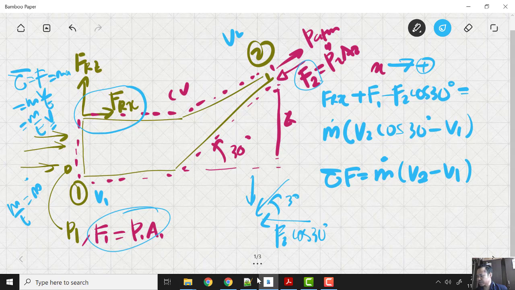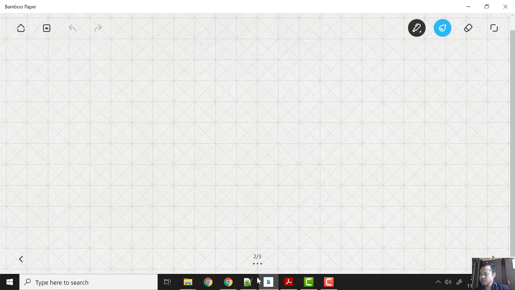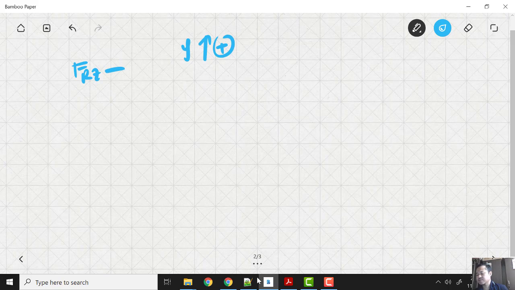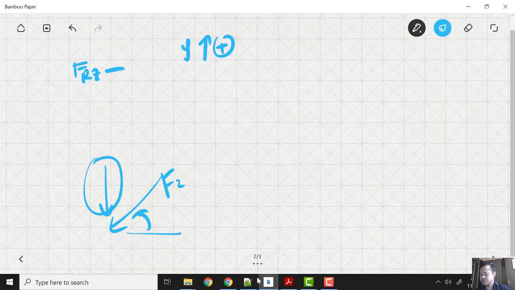Next we look at the force in Y direction. In Y direction, considering moving upward as positive, what kind of forces do we have? We have FRZ. And what else? Plus or minus? We have minus, since moving upward is positive. Here we have F2, going in the Y direction, moving downward. So minus F2. So what is F2 in Y direction? It is equal to